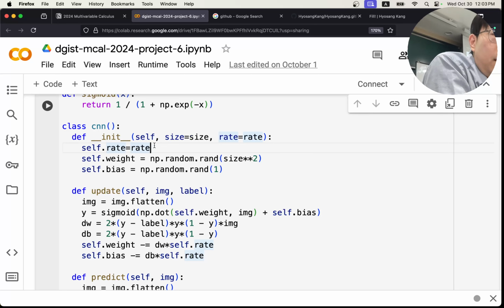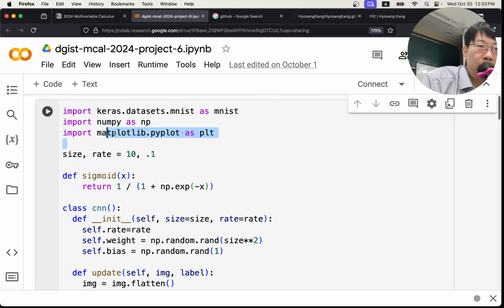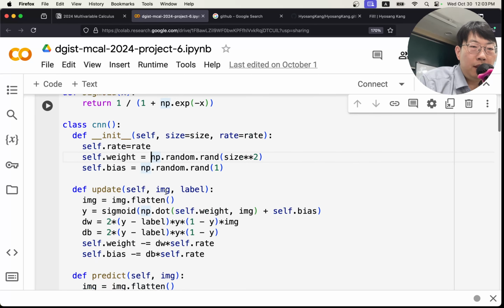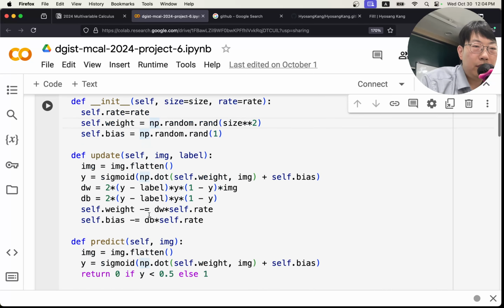neural network. So what happens is, first, when you create your model, you initialize your rate or size. If it's not inputted, then it uses the constant defined in here. And the weight and bias, weight is the W and bias is B, are randomly assigned. And then you update. So it's actually the forward propagation. Update is the forward propagation and predict is the backward propagation. So update is when you take an image and you compute your,